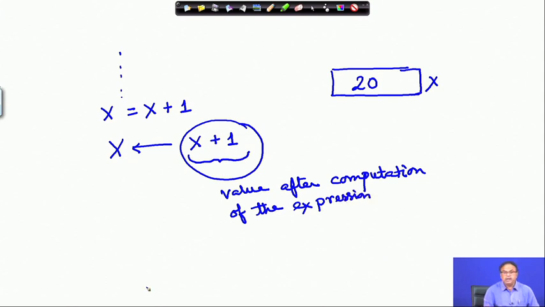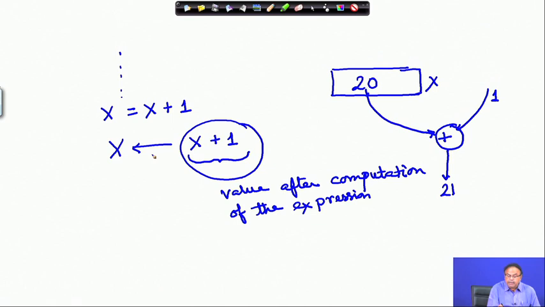How will it be done? Right now, what is the value of x? 20. So the CPU will do an addition operation: it will read this value 20 and increment it by 1. The value from location x will be taken and added with 1. So after addition I will be getting 21.